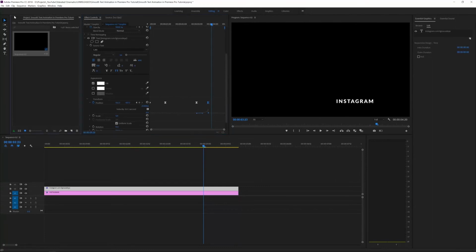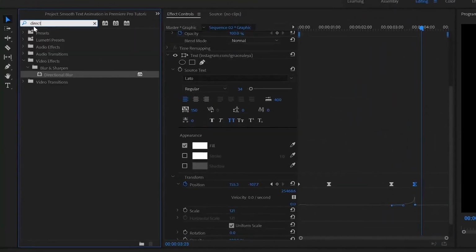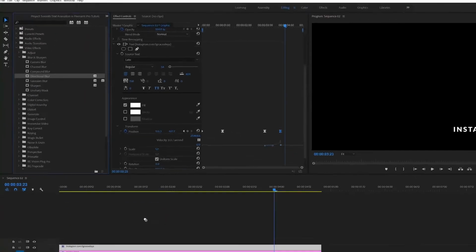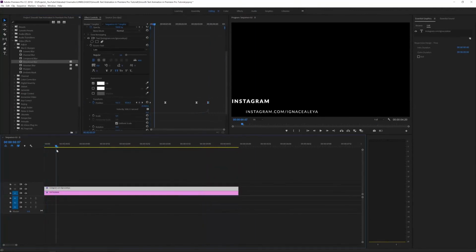So what we want to do is go to the effects right here, so go to effects and search for the directional motion blur, well actually the directional blur under blur and sharpen. If we don't search, we can simply go to video effects, blur and sharpen, directional blur, and drag this onto one of your layers. So let's start with this bottom one. And what we want to do is